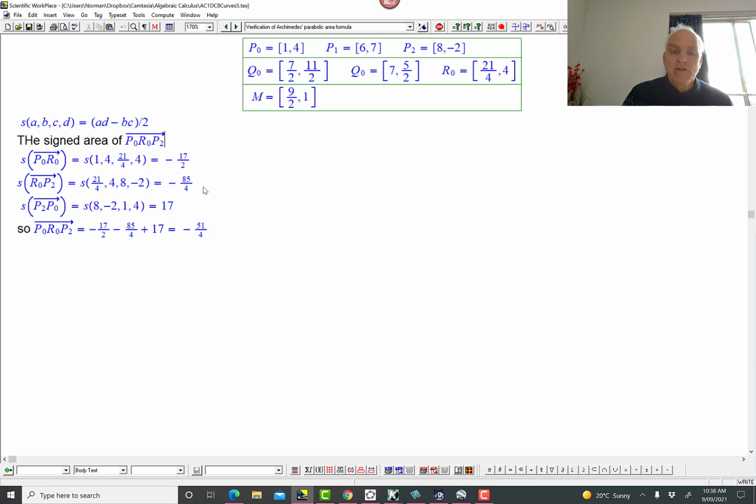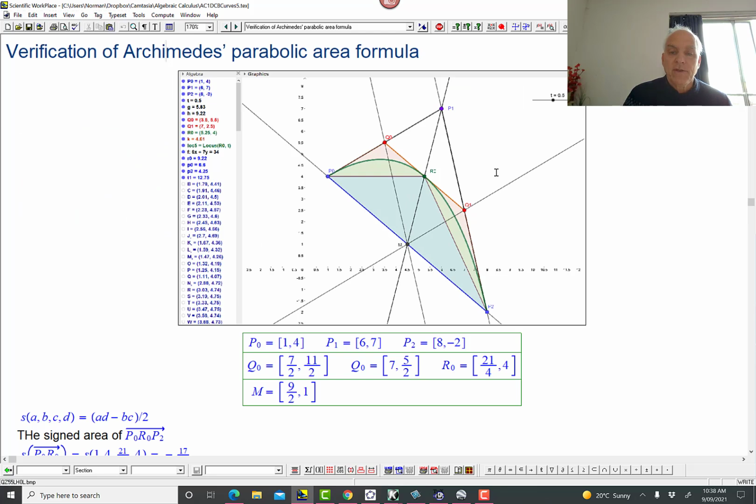We're getting a negative answer because, as you can sort of see in this case, we're starting here and then going here and then going here. So this is a negative orientation altogether. So we expect to get a negative answer. Areas in this algebraic calculus are typically always with a sign, and the sign is crucial. Without the sign, the whole theory doesn't work really properly. Okay, a big distinction between this and the usual calculus.